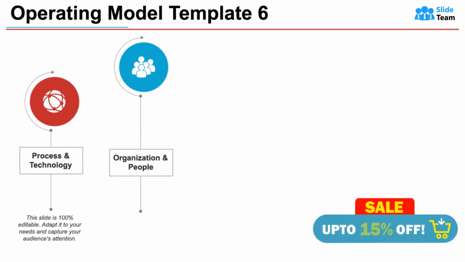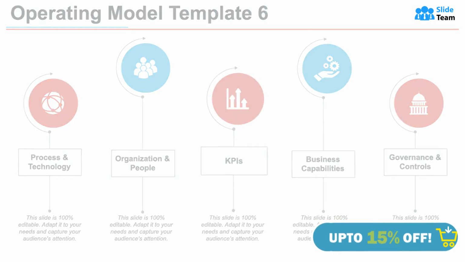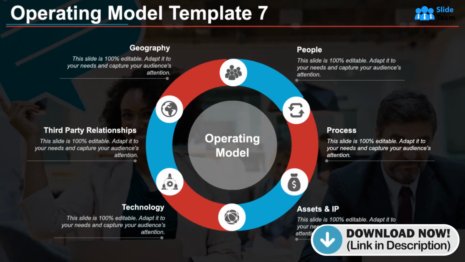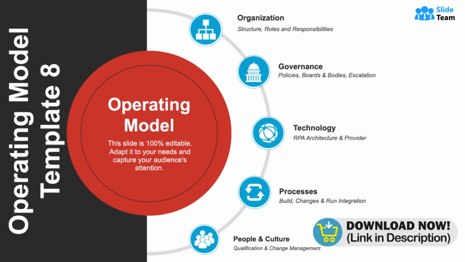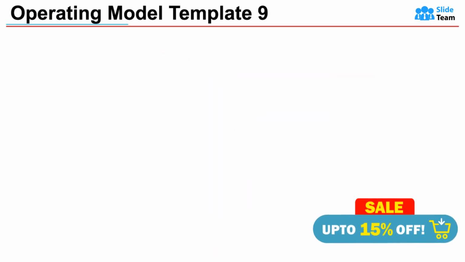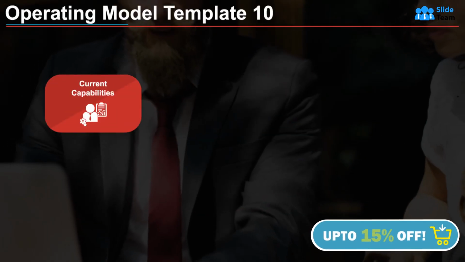Use Template 6 to focus on tracking progress with relevant KPIs. Include the partnerships outside the company with Template 7 and with Template 8, present who you are to an outside audience. Metrics and charts are part of our all-inclusive PPT set to help you ensure there is absolute clarity on